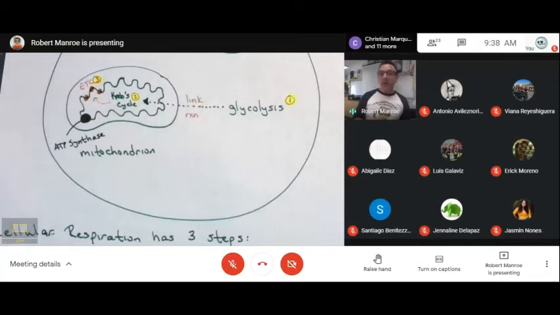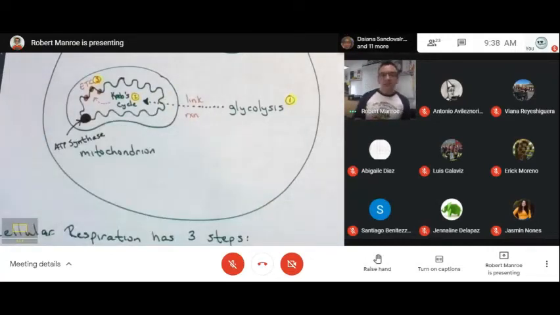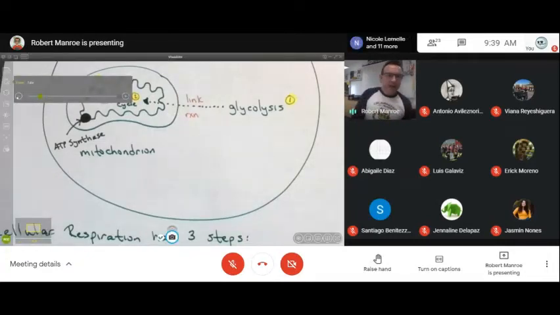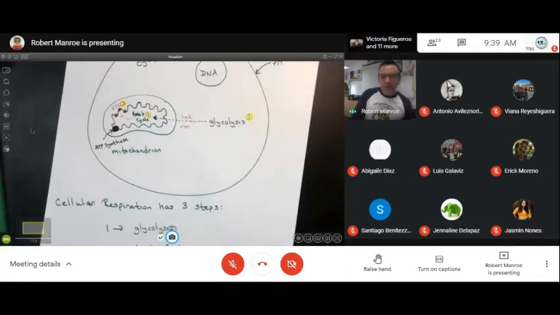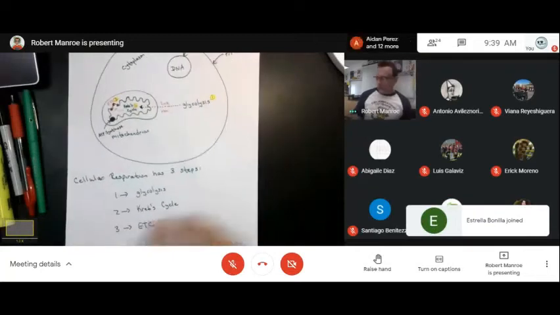Phosphorylation is not considered a formal step of cellular respiration, which I think is interesting, right? You make the proton gradient, and then you make ATP. So when we say that cell resp happens in the mitochondrion, for the most part, the majority of it occurs inside of the mitochondrion.